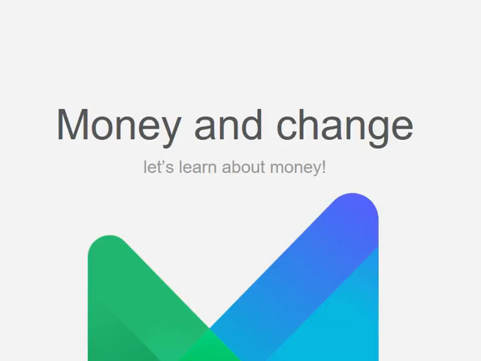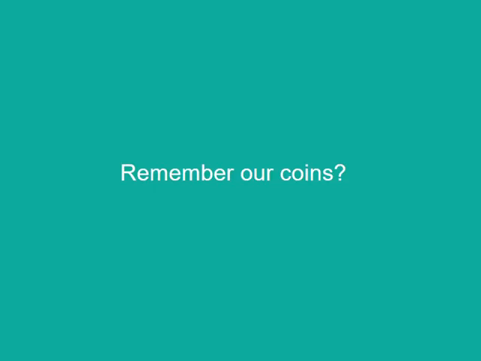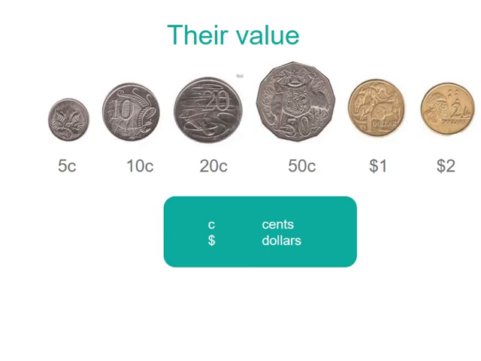Let's learn about money now and change, either giving out change or checking you've received the correct change. Do you remember our coins? We have 5 cent, 10 cents, 20 cent and 50 cent in our silver coins, and we have a $1 coin and a $2 coin in our gold coins. And we can use the little c to abbreviate or write in a smaller way cents and the dollar sign